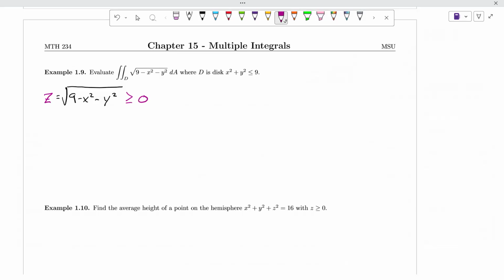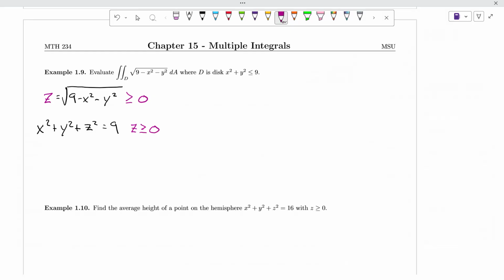So it's just the positive square root. Meaning, if I square both sides and move all my variables to one side, I have x squared plus y squared plus z squared equals 9, with the particular caveat that z is greater than or equal to 0 from the same statement above,